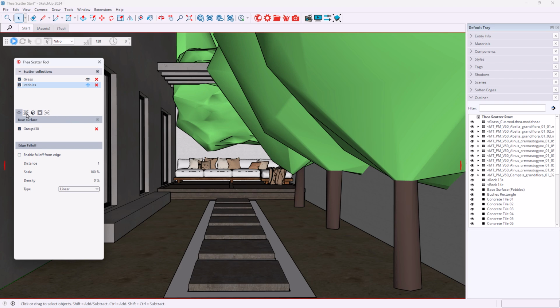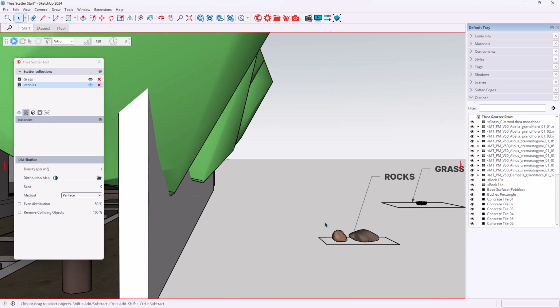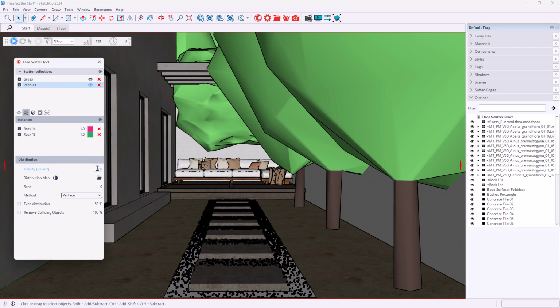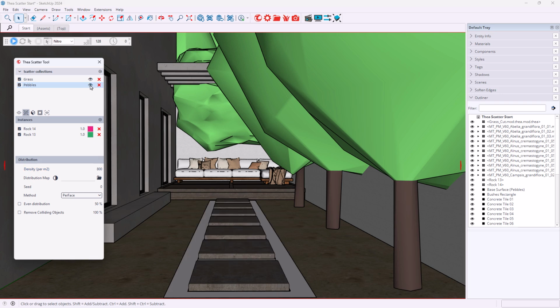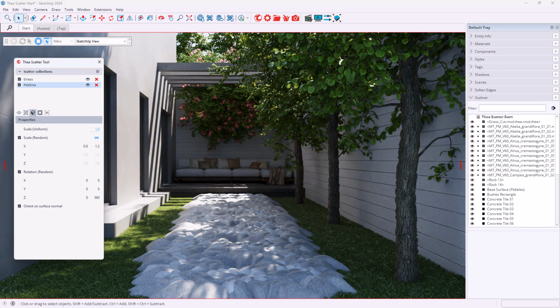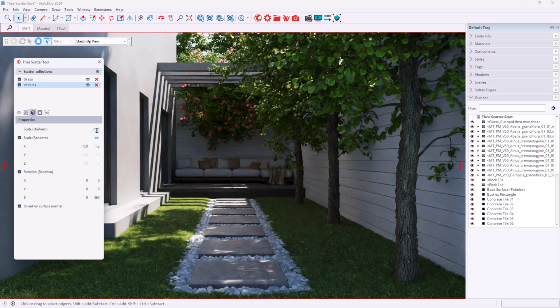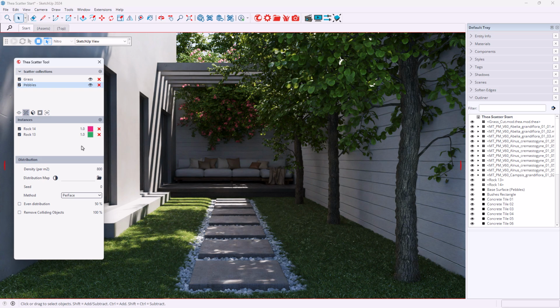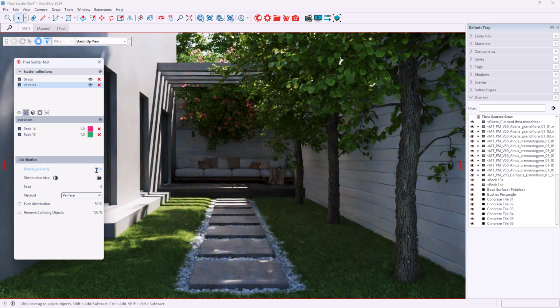Let us now switch to the Instances tab, select the 2 small rocks and add them to the list. Let's also modify the density value to increase the number of instances. Finally, we will hide the viewport preview for the Pebbles collection. Once we start rendering, we notice that the pebbles are larger than what we expected, and this can be fixed by changing the uniform scale value. Let's try a few different values. We will also make a final adjustment to the density value.